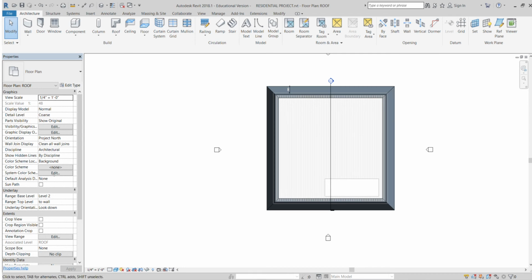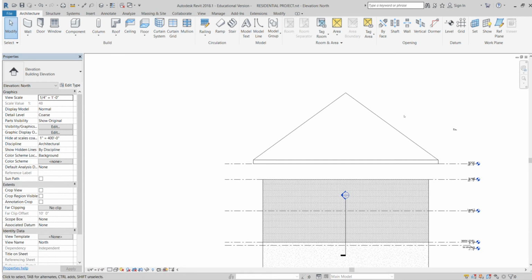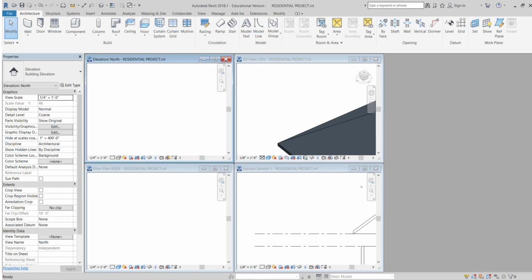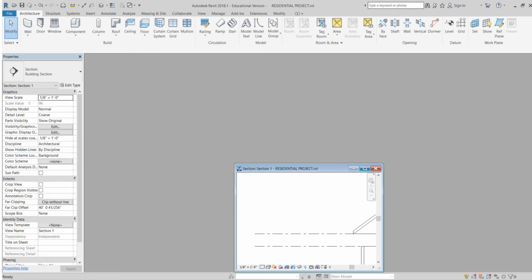So I am going to open up an elevation view here. I'm going to open up my north elevation, and we are going to WT, window tile. Oop, I've got a lot of these open. Let's close some of them. Okay,